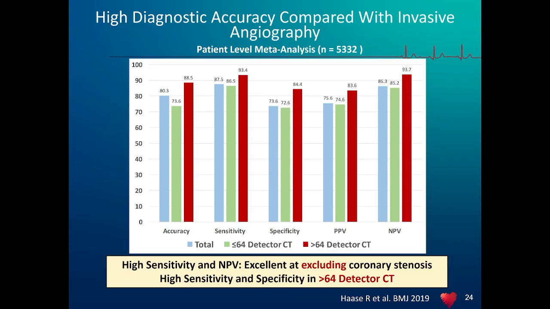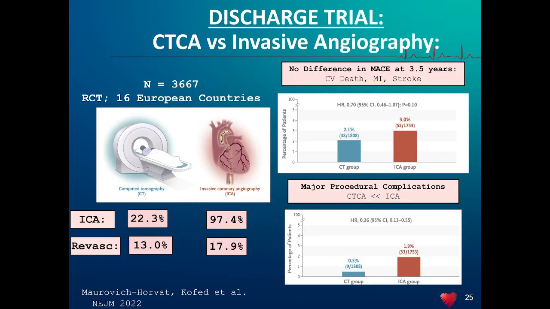And again, this is more of a technical slide, where there are different kinds of scanners depending on how fast they can scan. Basically, more than 64 detectors means they can scan faster and get higher quality, higher resolution imaging. This was a trial, and I'll be very brief: more than 3,500 patients with stable chest pain